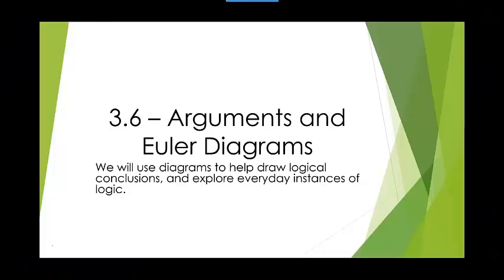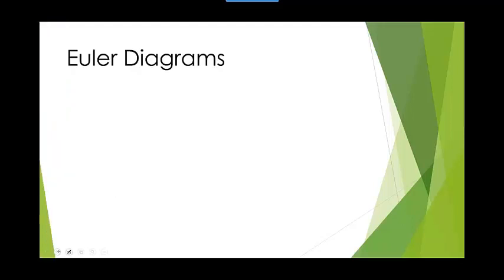All right, so today we're going to do the last logic section, and we're going to talk about arguments and Euler diagrams. So we're going to use diagrams to help us decide whether arguments are valid, and then we're also going to apply that to some everyday real-world stuff. And I do actually mean legitimately real-world things. All right, so